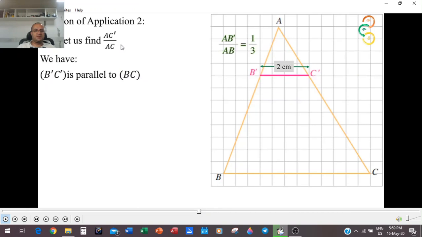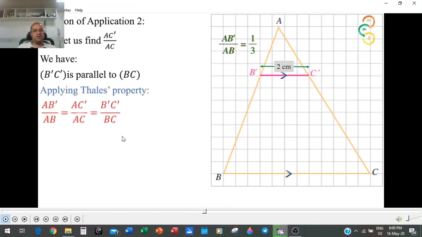First, let us find AC prime over AC, which is wanted to be calculated. We have B prime C prime parallel to BC. Apply Thales property: AB prime over AB equals AC prime over AC equals B prime C prime over BC. As you can see here, we are starting from A. These segments are starting from the same point, which is A. So we can continue this theorem, our Thales theorem, to say that B prime C prime over BC is